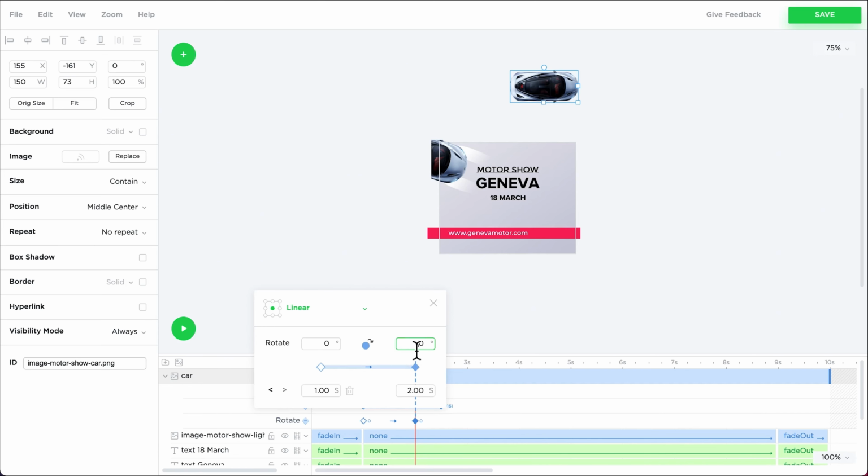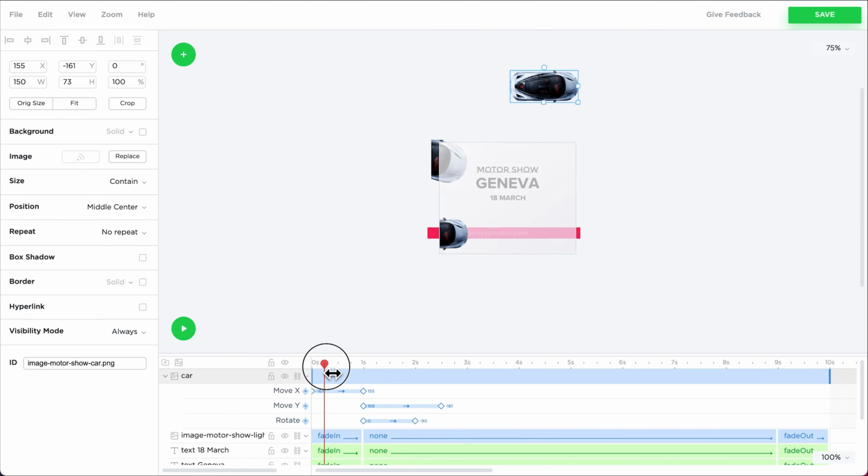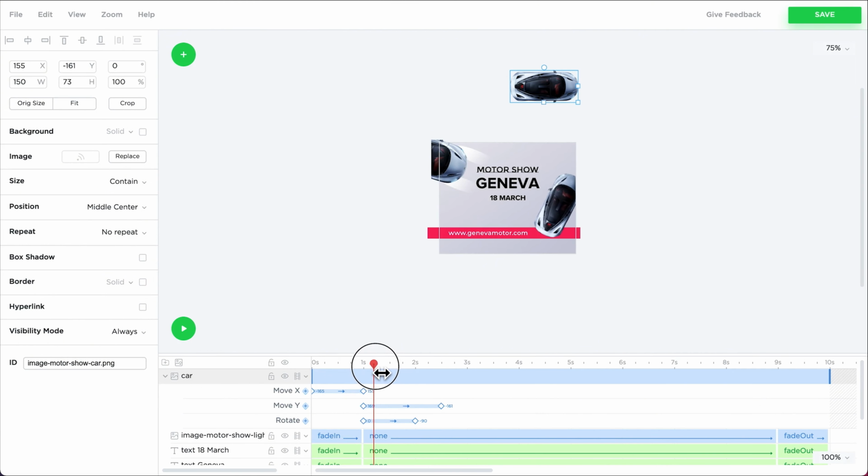Our car needs to turn left, and therefore, I'm going to set the value to minus 90 degrees. I'm also going to set the easing to back ease out, and choose the top center pivot point for the rotation of our car. Perfect. The car now moves from left to right, then turns 90 degrees, and moves to the top, just as